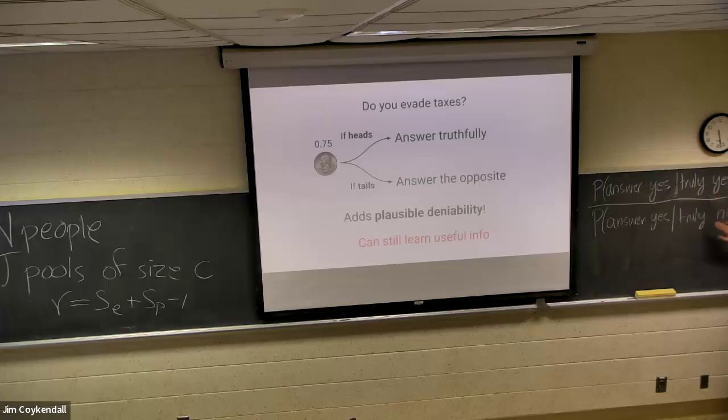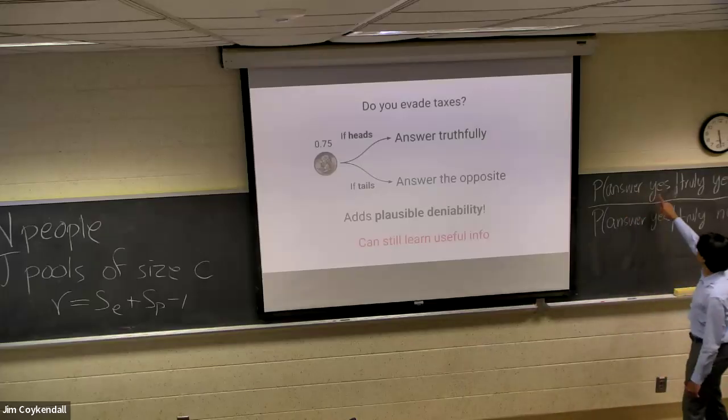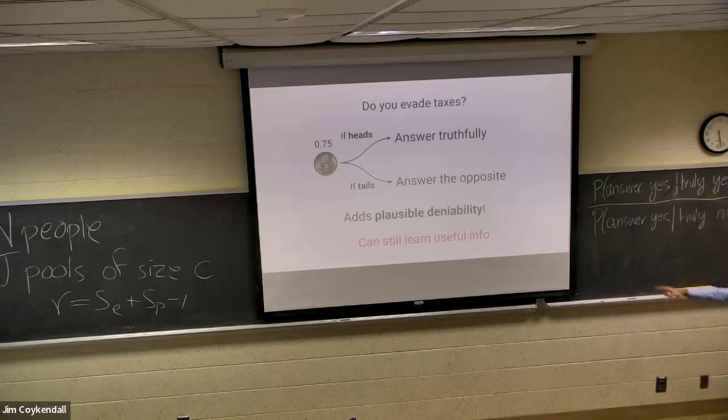If he was truly yes, and if he was truly no, we want this quantity to be less than or equal to e to the epsilon. And for all combinations, so flip these two and turn these to no. So there's going to be 4 quantities we want to bound. Okay. So the first quantity is just this. The probability that a person answers yes, given that they're truly yes,